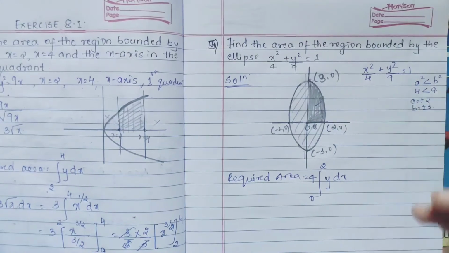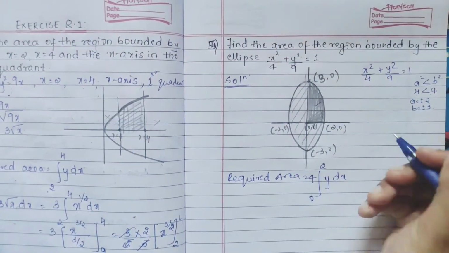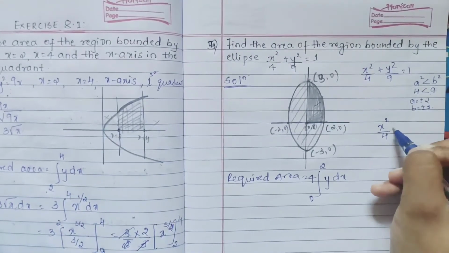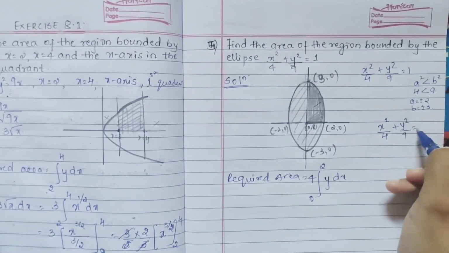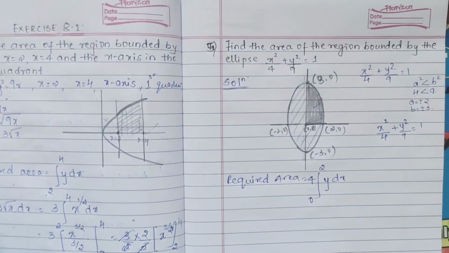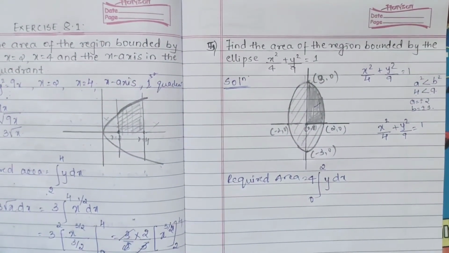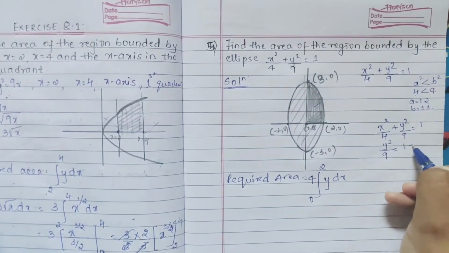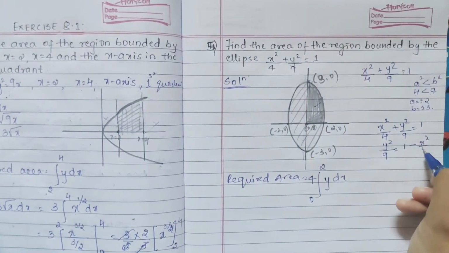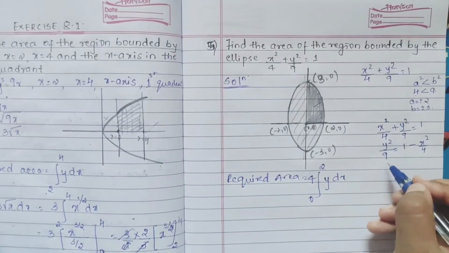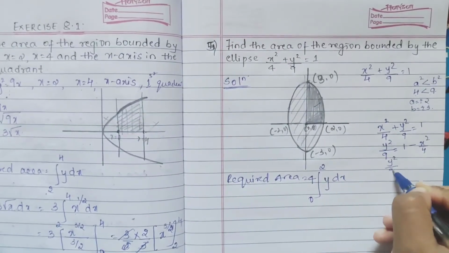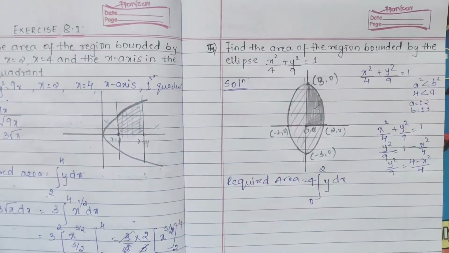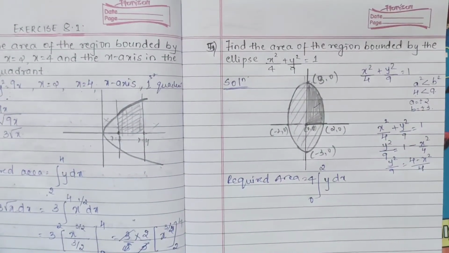So now we want to get y. From here you are getting, here only I will simplify, x square by 4 plus y square by 9 is equal to 1. So you have to get your y square. So first how will we do? Y square by 9, keep it, first simplify this 1, take your other side x square by 4, so it will be 1 minus x square by 4. Now take this LCM, you will get 4 minus x square divided by 4. If I take your y, how will it be?